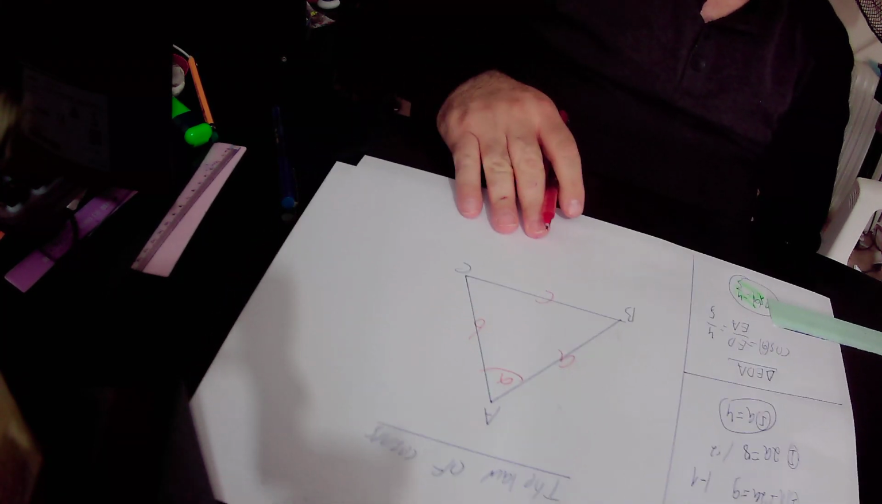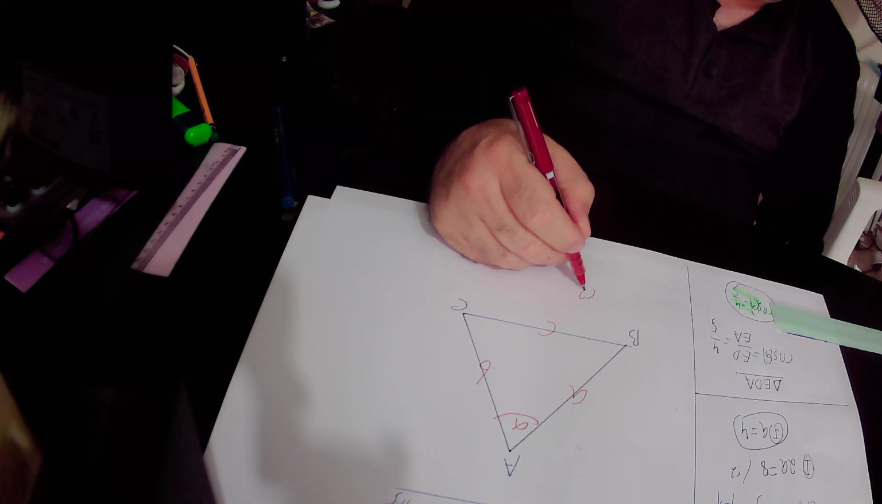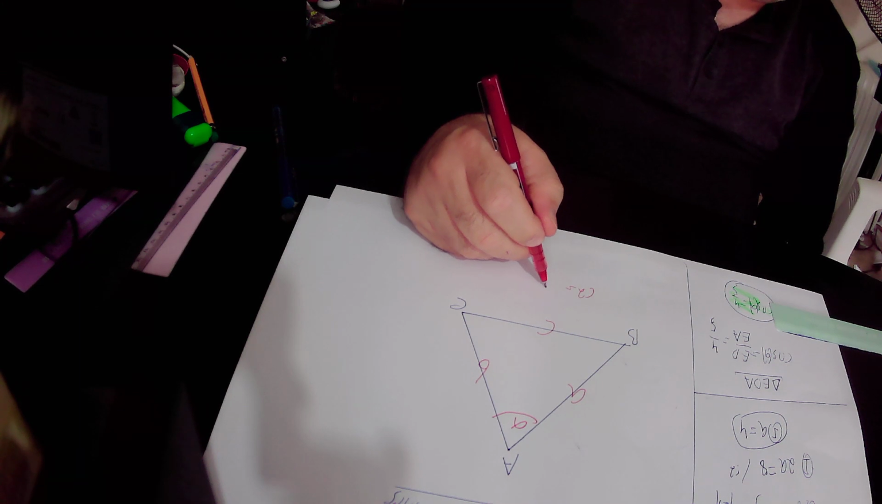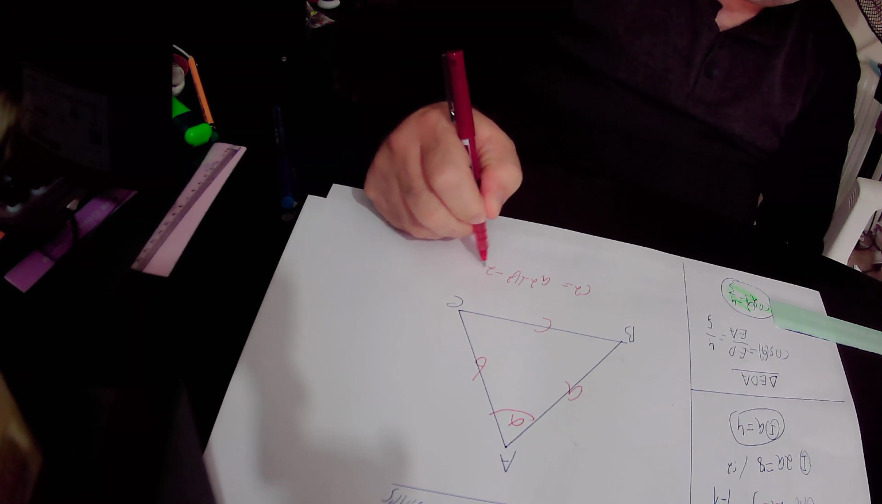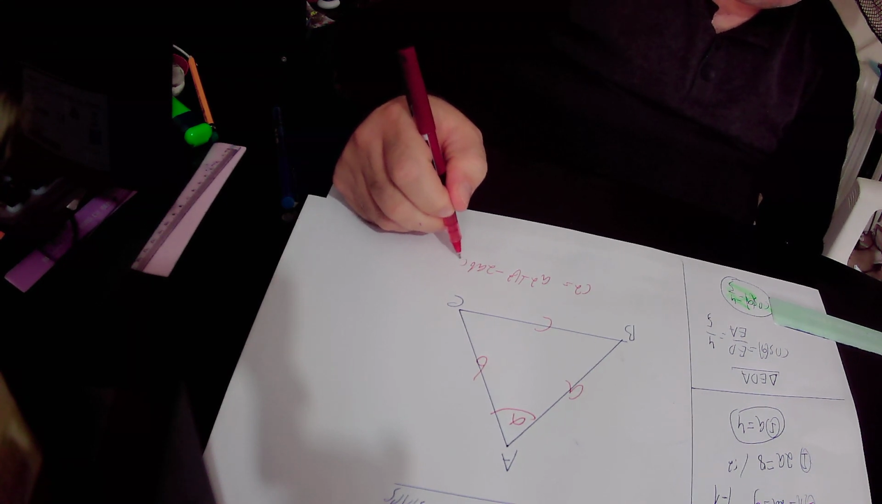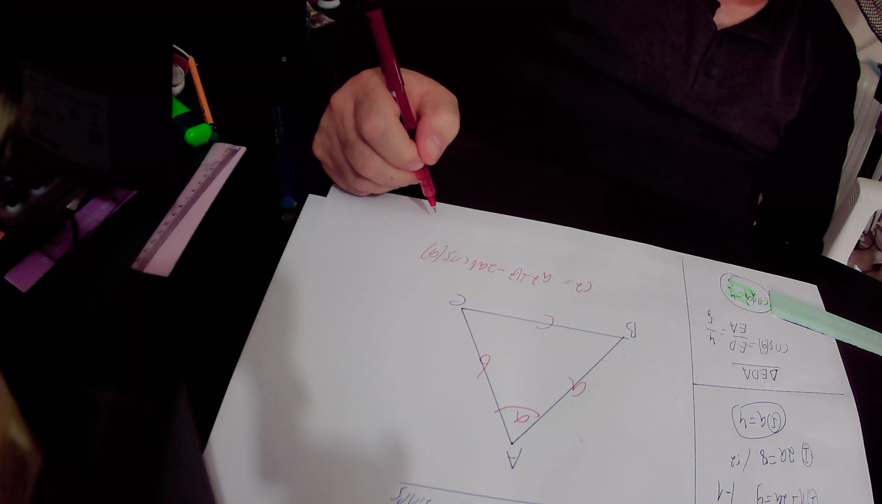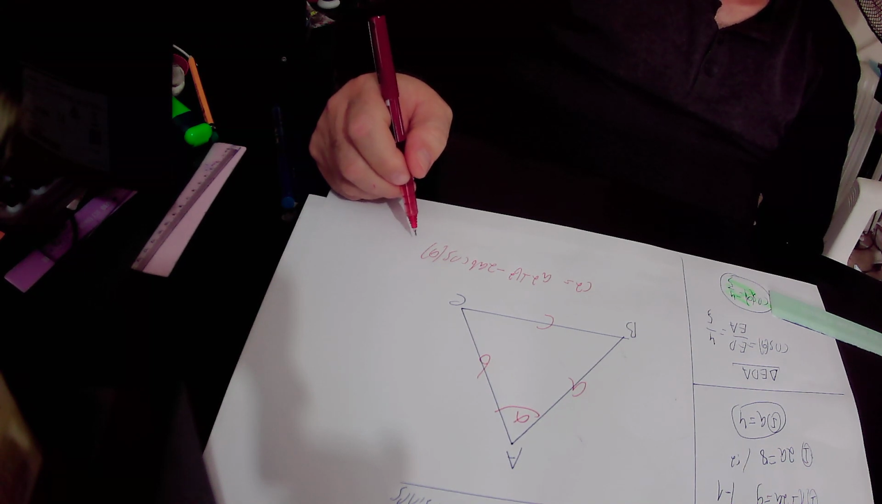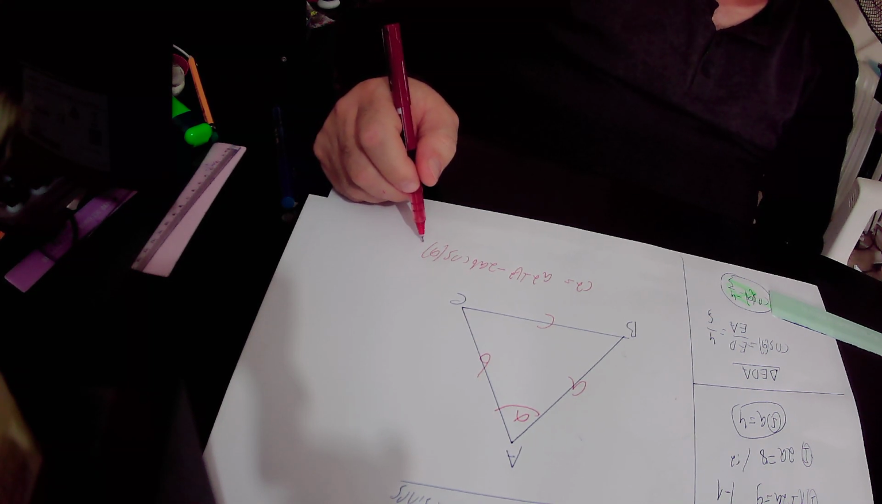Then according to the law of cosines, we get that C squared equals A squared plus B squared minus 2 times AB times cosine alpha. So here we will add 2 times AB cosine alpha to this equation and we'll subtract C squared, and we'll get that